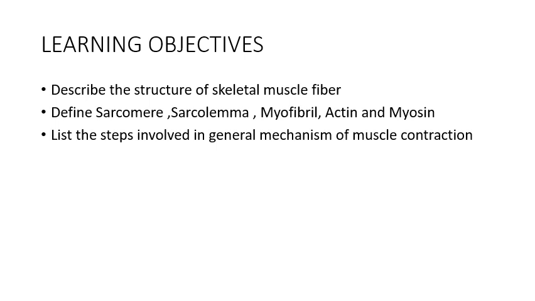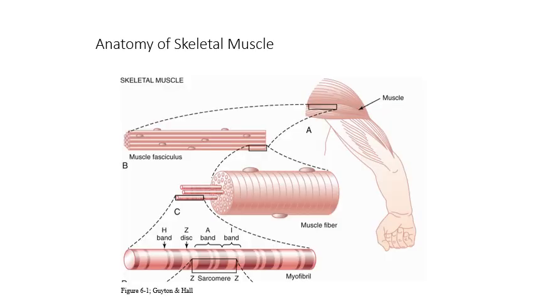Since you have a background knowledge of action potentials, it will be easy for you to correlate that knowledge in this aspect. About 40% of the body is skeletal muscle and only 10% is smooth and cardiac muscle. They have certain basic similar principles that apply to all these three types of muscle. So let's start with some of the physiological anatomy of the skeletal muscle.